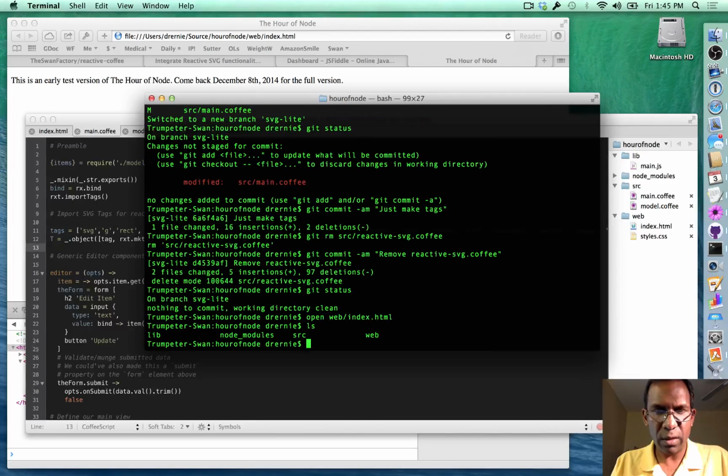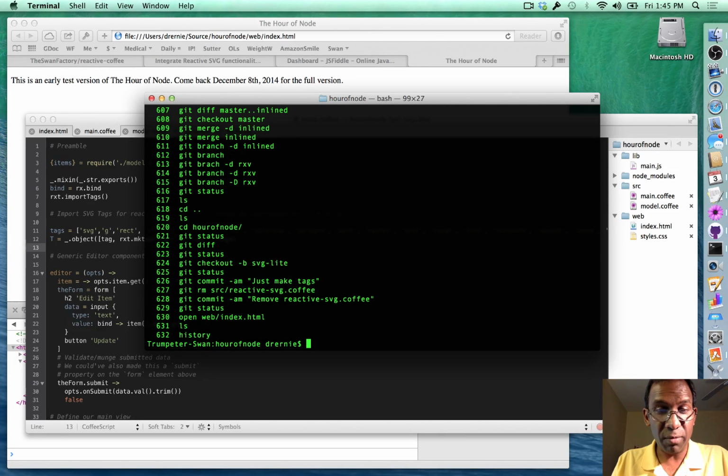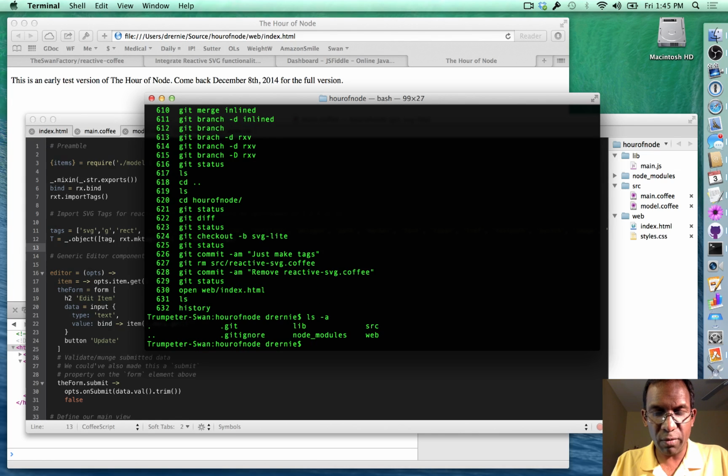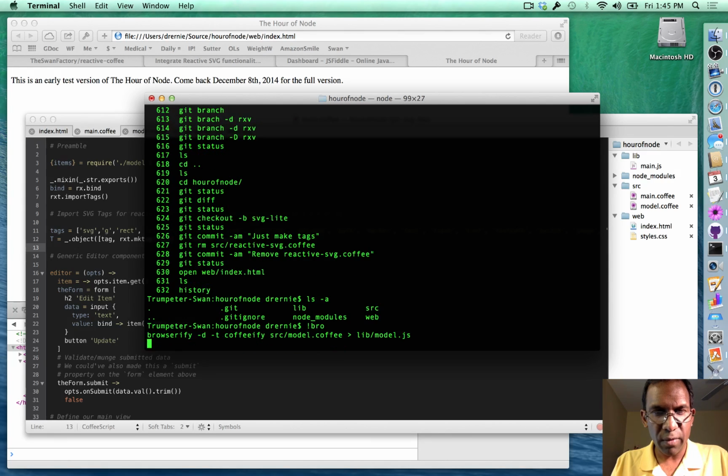grunts. So let's see here. Do we have a history here? No, we have to remember. Oh my gosh. That was a problem. Since we didn't automate it, we had to figure out what we were doing. But we do remember there was this thing called browserify. So let's type. Right. That was the thing we were trying to do, but we realized we didn't actually need to do that